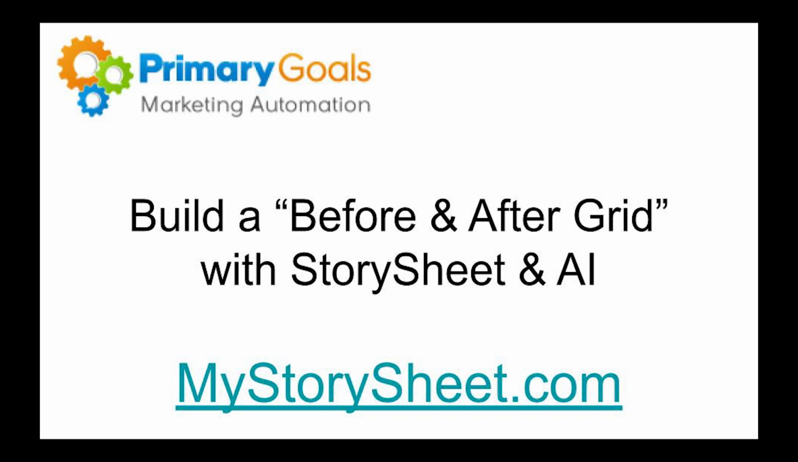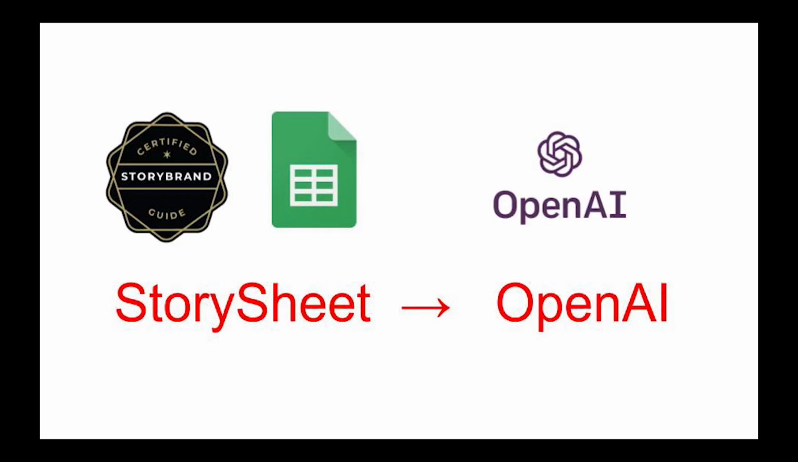This video explores how to construct effective prompts for OpenAI for the purpose of generating better marketing copy. I'm assuming that you're already familiar with the StoryBrand messaging framework. StorySheet is a product that makes building a brand script much easier. It also generates all of the AI prompts that we're going to use for building out a before and after